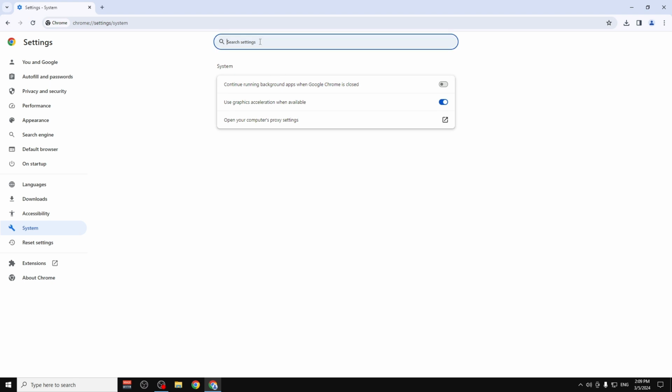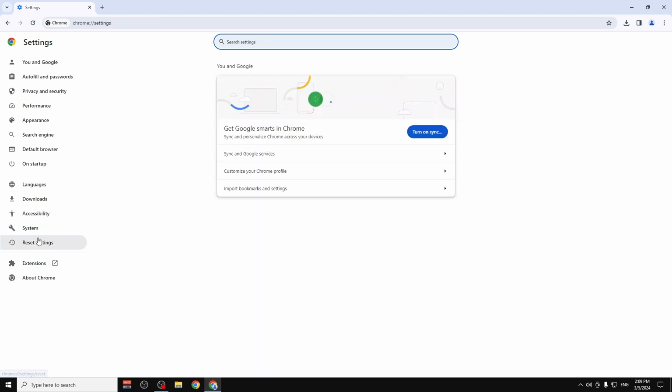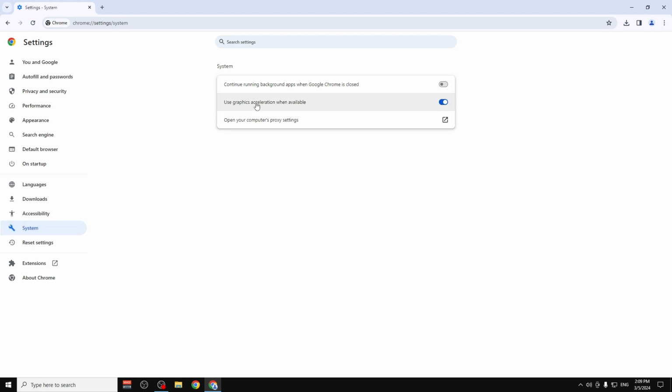You can type here, it can say hardware acceleration, but as you can see they changed the name of it, so now it's acceleration. So you just type in acceleration and it should be somewhere here, graphics acceleration or hardware acceleration, and you just turn it off, and then you